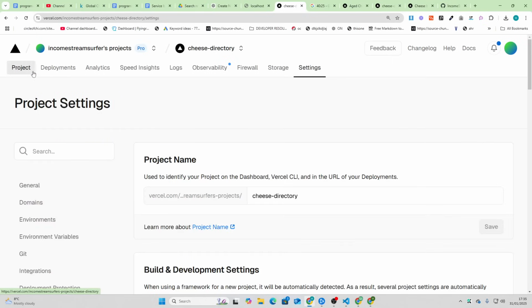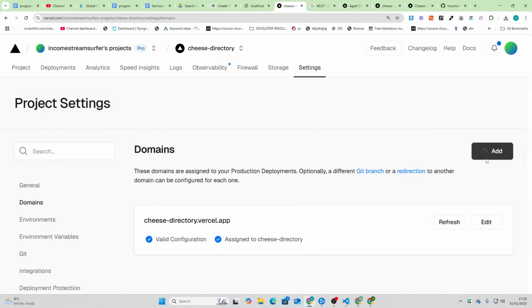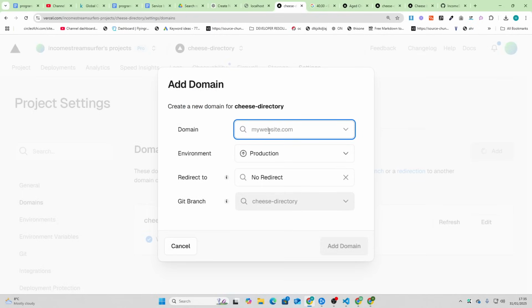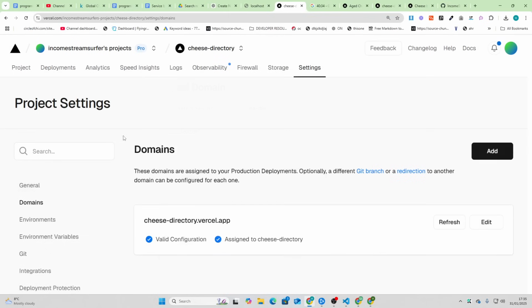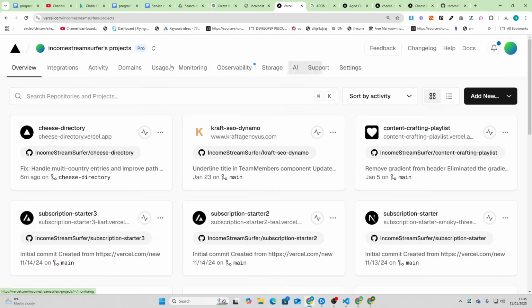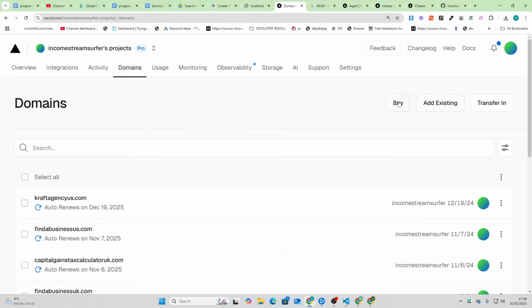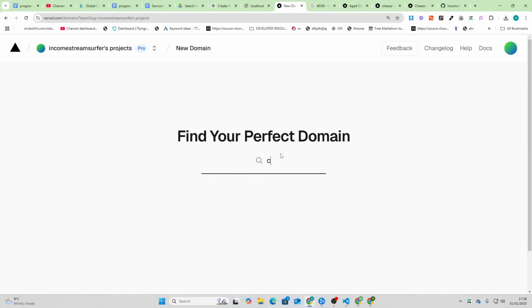Literally all you do now is go to settings, or you can just click domain, sorry, here, and then add. Or the actual way to do it is to go to domains here. So there's like two, just so you know, with Vercel, this is kind of confusing, but once you get used to it, it's fine. These are the dashboard settings, right? So anything at the top of here is for your entire system. So you got to go on your dashboard settings and click on domains and then buy, and then just like